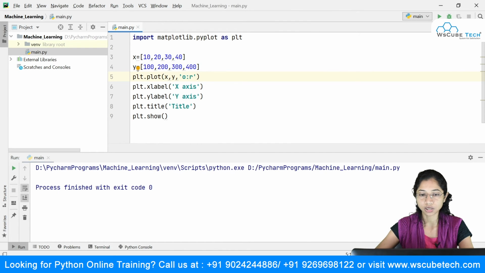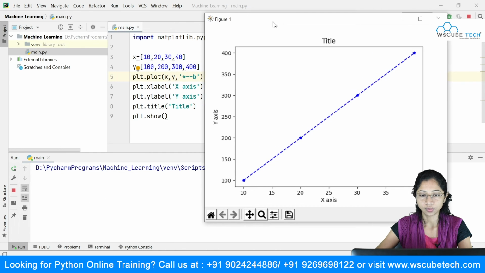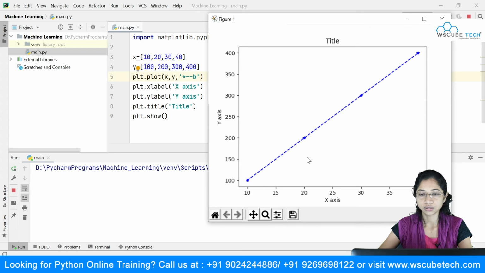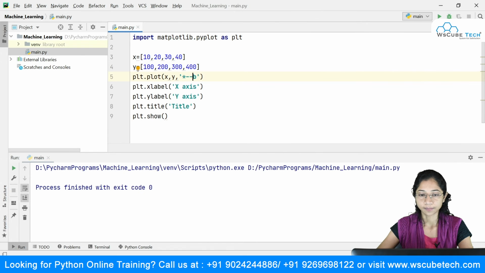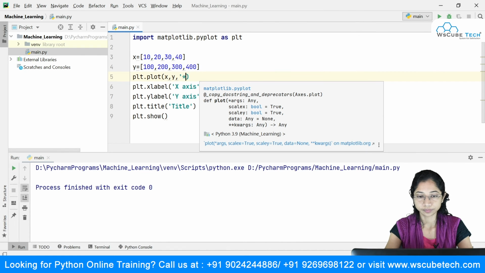If I just want a star over here, I can simply use the asterisk symbol and let it be my blue, okay. And I can just pass this as this, suppose this one. So this will also work over here. This is how you can plot up your data; there are different ways to format the line styles, the colors, and the markers as well. All right, so this was all about this. I will just remove this for now.